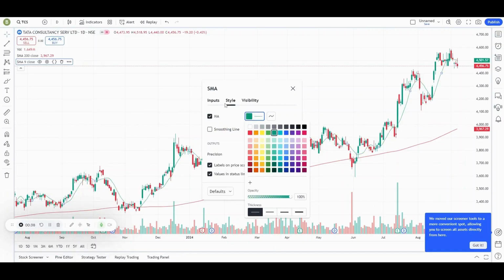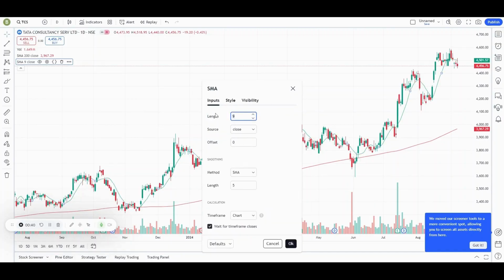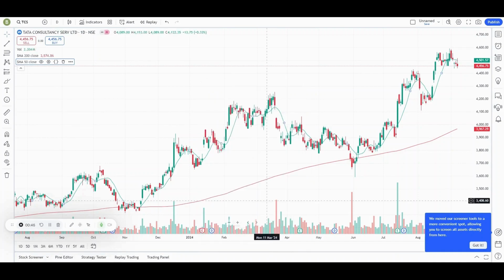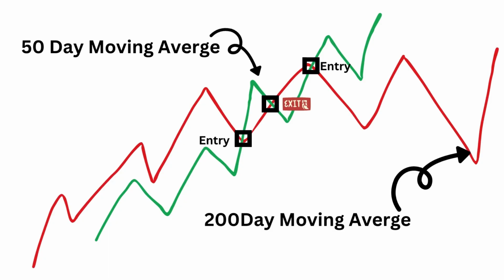The Golden Cross is a technical analysis pattern that traders use to identify potential bullish trends in a stock or other asset. It occurs when a shorter-term moving average crosses above a longer-term moving average. Typically, we use the 50-day moving average and the 200-day moving average. When the 50-day MA crosses above the 200-day MA, it signals a potential buying opportunity. This crossover suggests that recent prices are trending upwards faster than the longer-term average, which can be a strong indicator